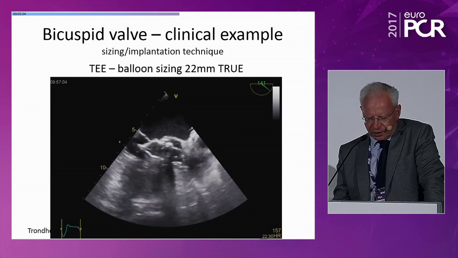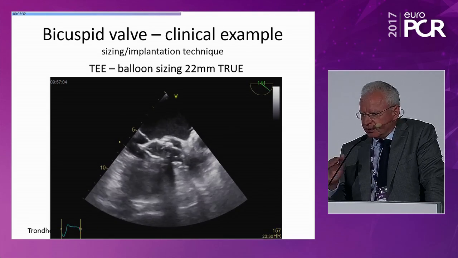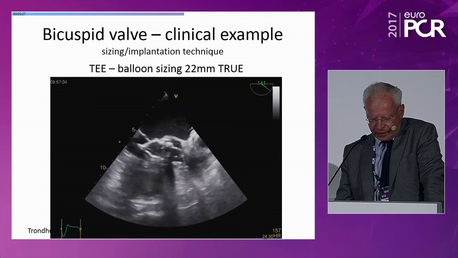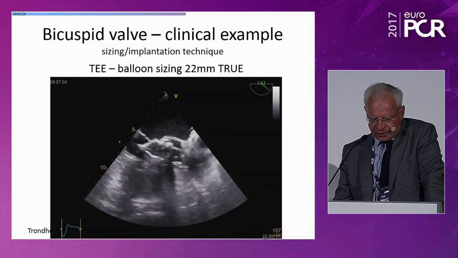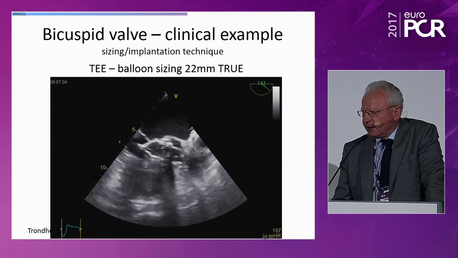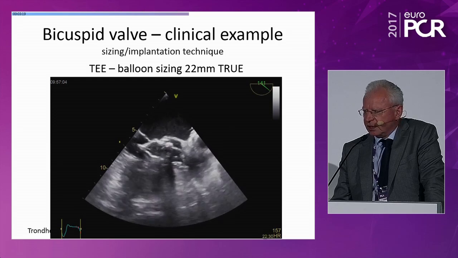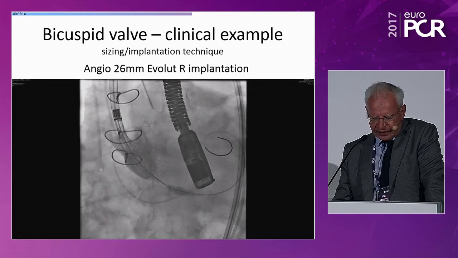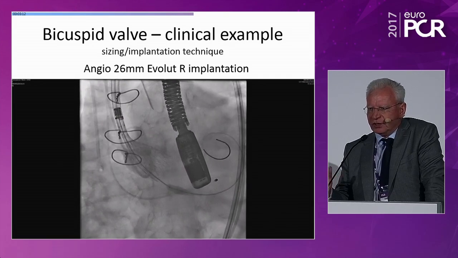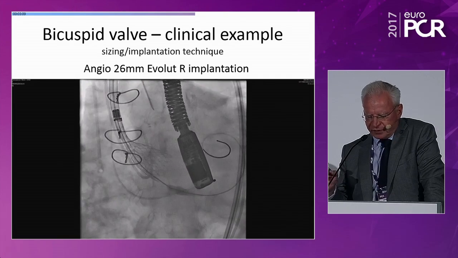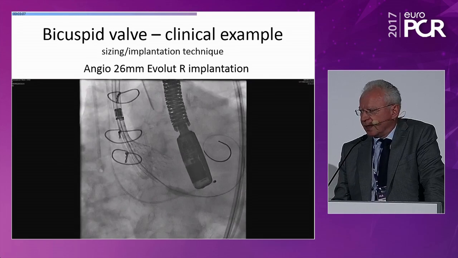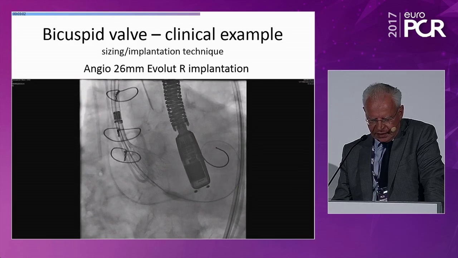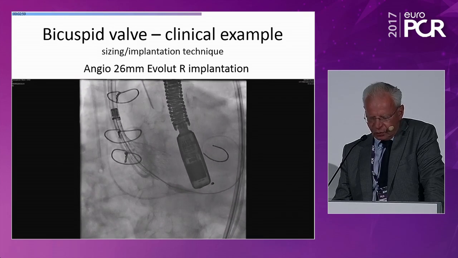Where is the level of anchoring? Because we are not dealing with the annulus at the depths, we are looking for the leaflets anchoring. And here is the balloon simultaneously with TEE and angio, and you can identify the same. So basically you see if the balloon is sealing and where is the anchoring zone, and that is what you are basically targeting. Because the 22 millimeter balloon was sealing, the effective orifice area is much smaller than the annulus measurements. We are using a 26 millimeter device, and you see how the device is going to open up,